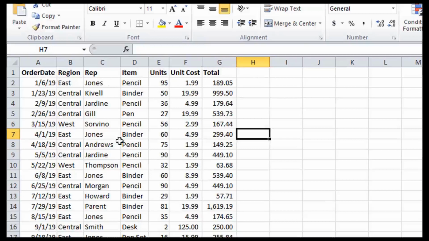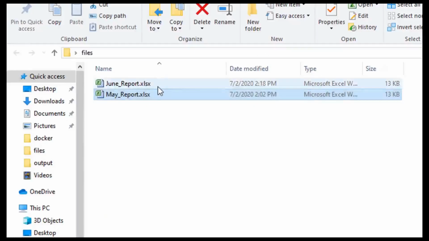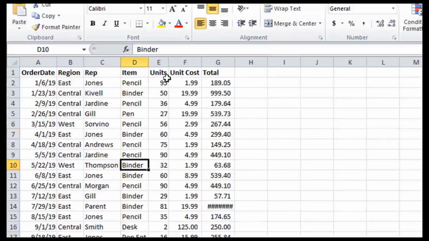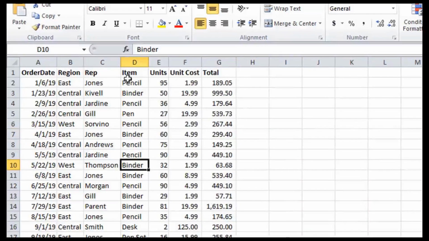But there are some differences inside the data. It might be in a representative, in a total, or in units cost, or any other place where the data difference will be. So we're going to understand this data difference, read it, and highlight it in another output file that will be generated.